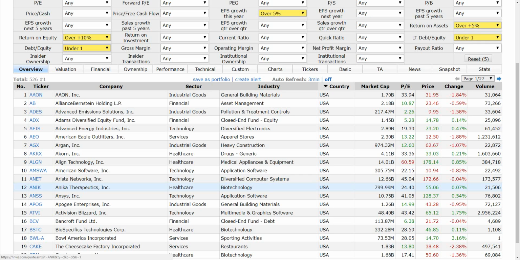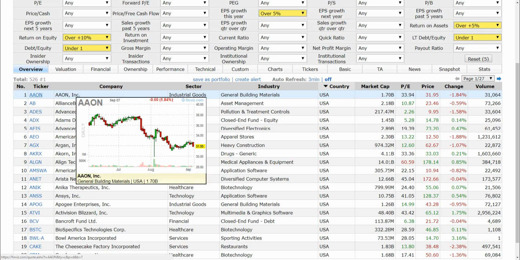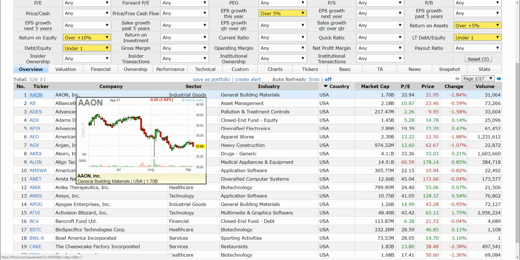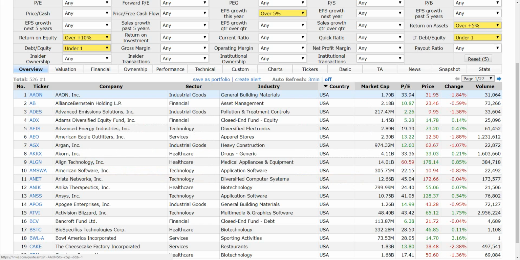One of the biggest mistakes that a lot of traders make is they buy stocks because they think it's a good value, but there's no volume. Let's look at Aon right here, industrial goods, general building materials. Their volume's 31,000. Now that's not the greatest in the world. If I'm buying this and it's currently trading at basically $32, and it goes down to like $31.50, I'm going to have a harder time getting my money sold